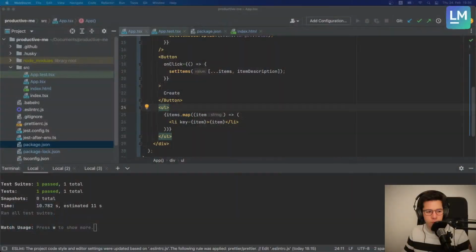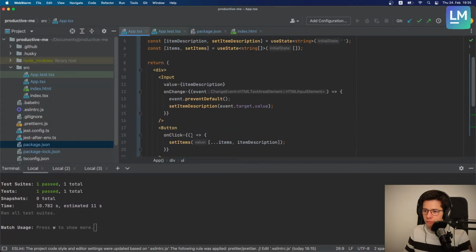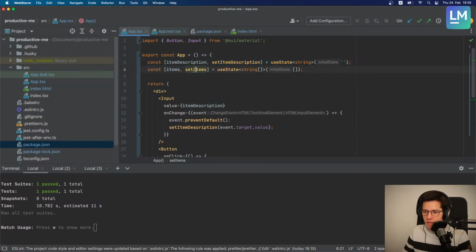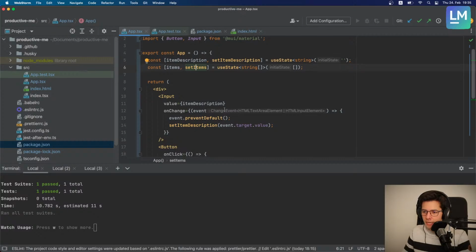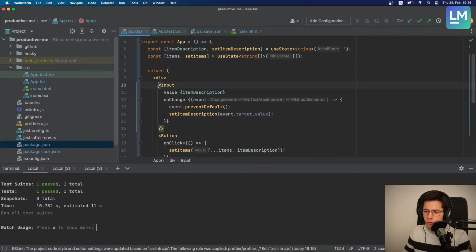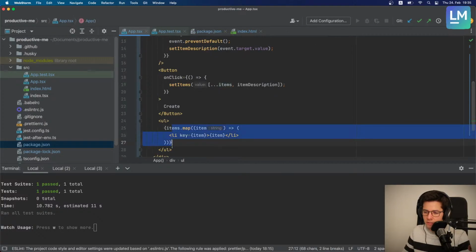Hello and welcome back. So let's wrap up what we were doing about React and our simple form. There are a couple of things I would like to do, and I think that now we can move a little bit faster because we have a basic understanding of what's happening here. So we have a state, and this state is used to both control the input, the behavior of the input, but also to show the items here on the screen. Okay, so